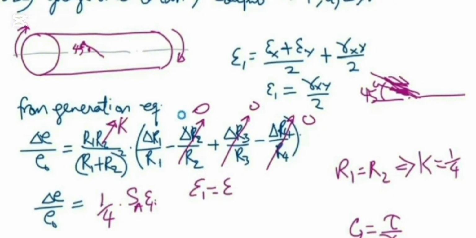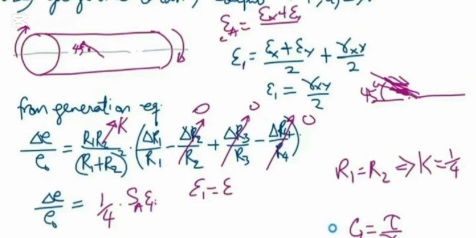But remember, because it is torsional loading, we will have to relate this with torsional strain. This is a normal strain, right? But then we have to relate it to torsion. So remember the equation for shear when it is tilted at 45 degrees. We are going to have E1 equal to, because we only have one strain gauge here, the formula for E_A. So in this case, E_A is equal to E1, which is equal to (EX plus EY)/2